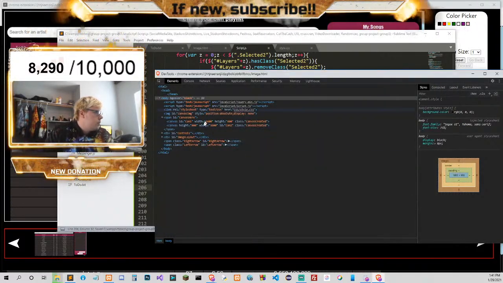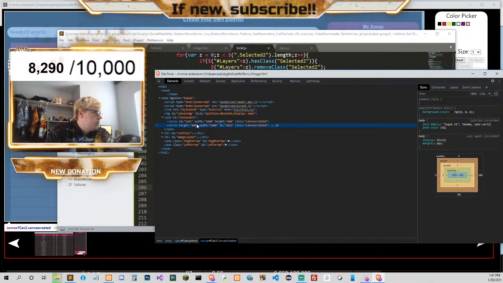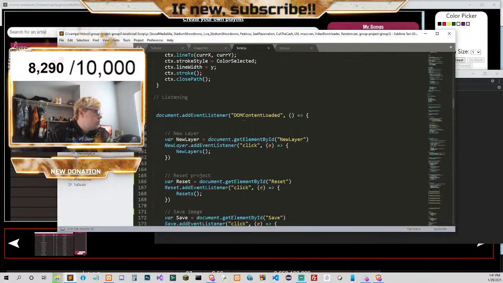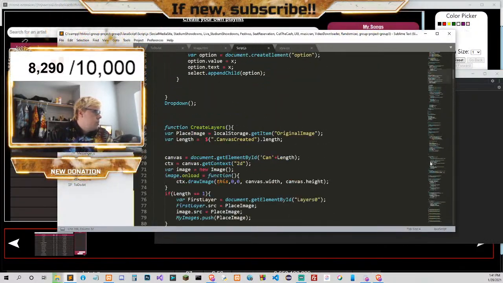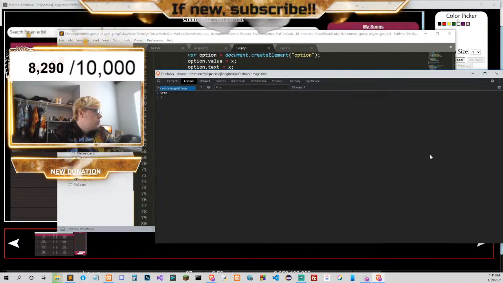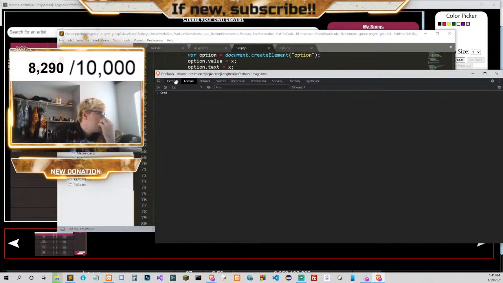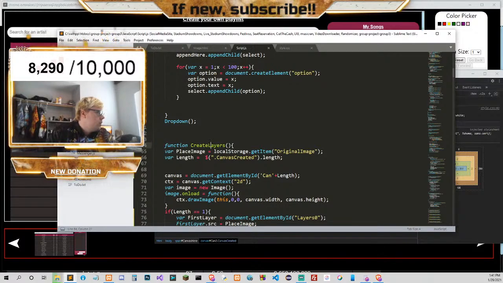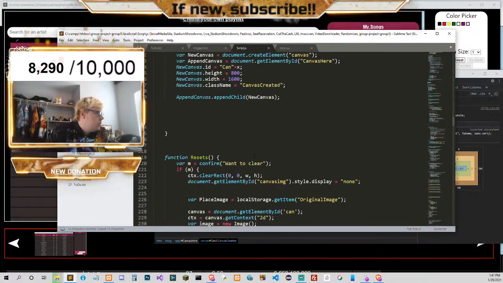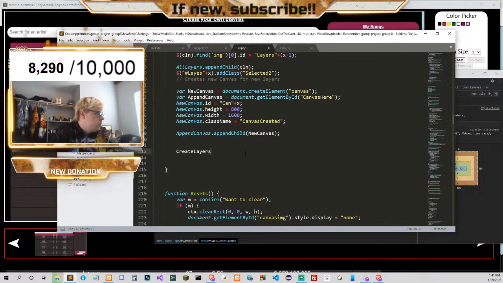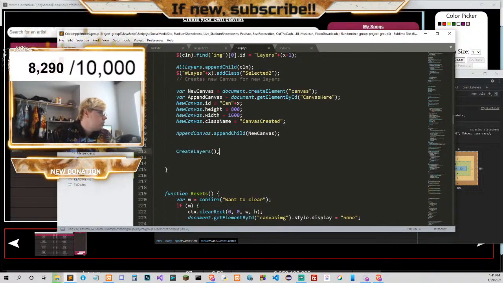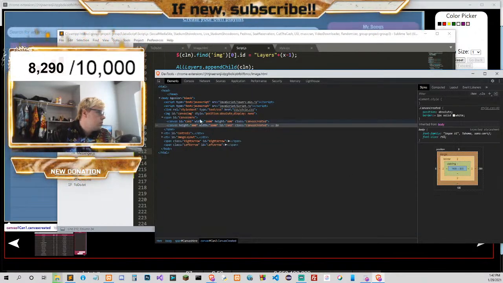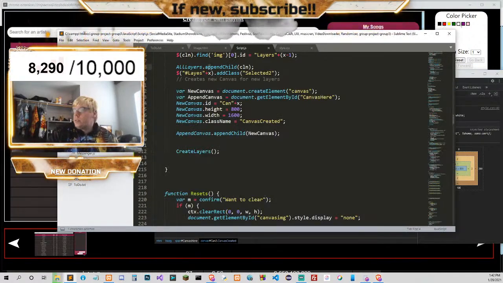So it does create the new canvas here, but the issue is, when we do create, oh wait, oh, we didn't do it in the code, hold on, we didn't add this down here. So when we create a new layer, we should do this. So let's try that.